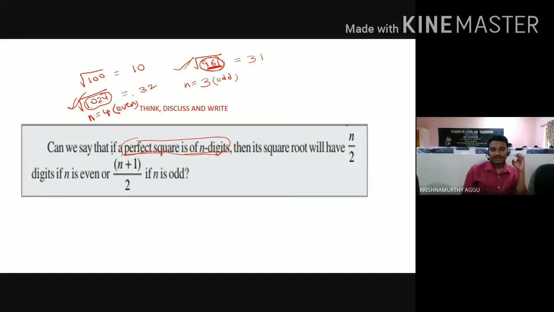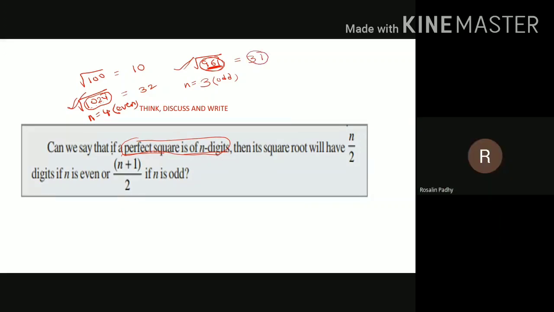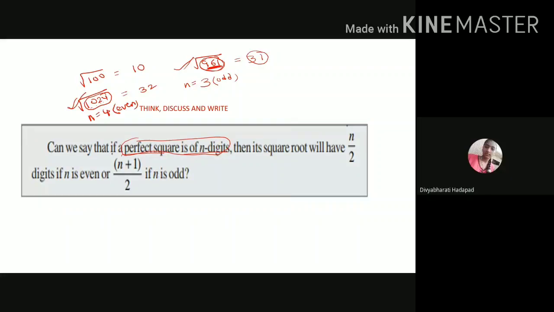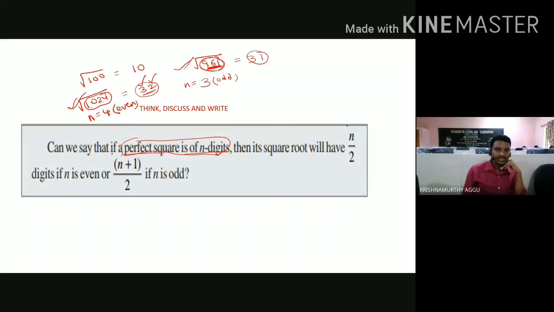Now you observe these two examples: the square root of the perfect square number which is having an even number of digits, and the square root of the perfect square number which is having an odd number of digits. Now in the square root, how many digits did you get here? 2. How many digits here? 2. Here 1, 2. Here also 1, 2. By solving like this you can tell,